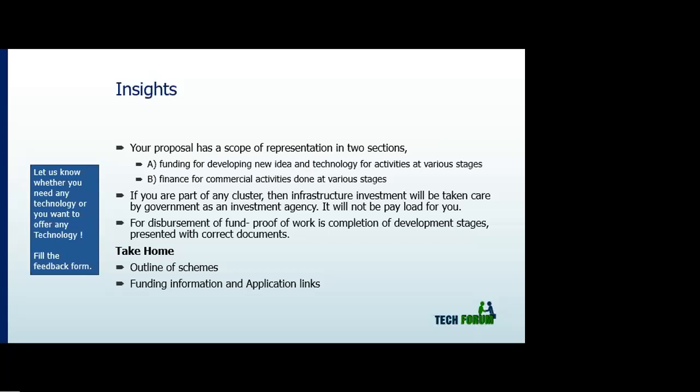I want a 100 rupee loan. That means I want 100 rupees to come all together in one single slot. What I expect here is it comes in piecemeal, piece by piece. For example, infrastructure cost is taken care of by XYZ. Training and skilling cost is taken care of by another. Funding for technology and research is taken care of by another. Finance is taken care of by the bank and some other stuff. Here we go to the bank.